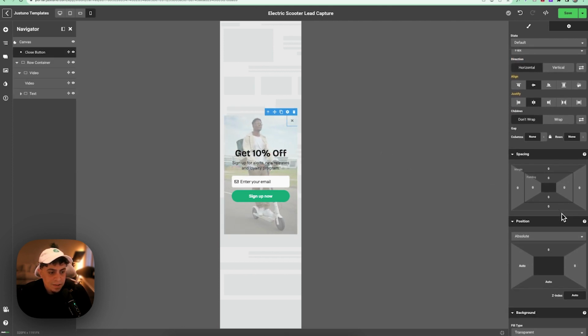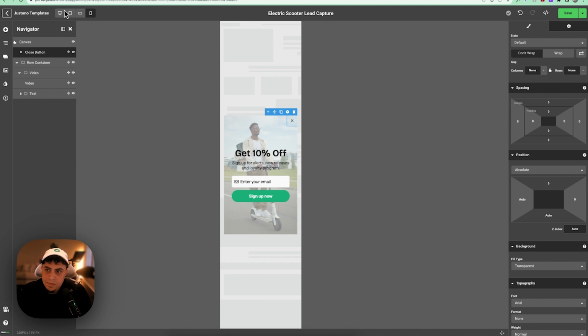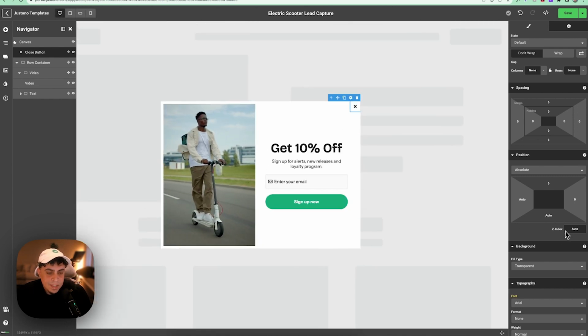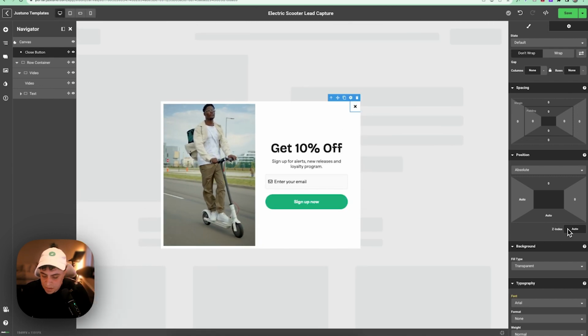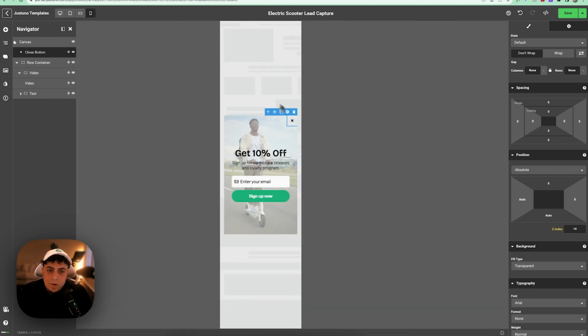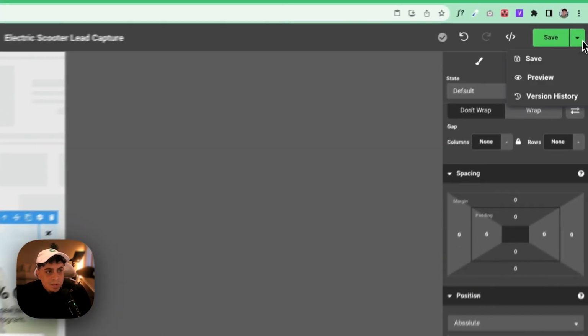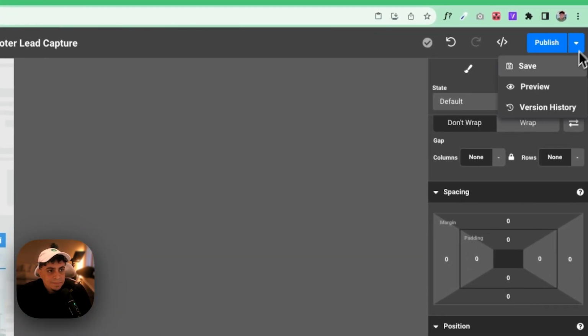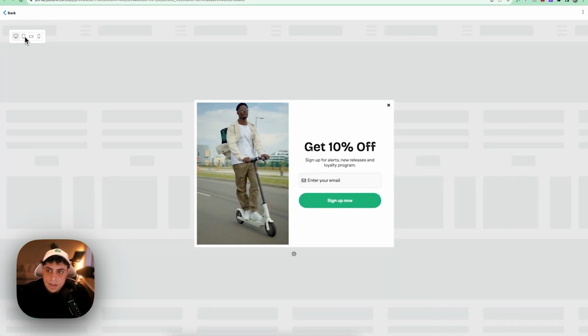One thing I forgot is to set the close button. So I'm going to go back to desktop. I'm going to set the close button to be above everything. So now, no matter where you are on this promotion, the close button, the interaction will not be blocked by any kind of layer that's taking up the whole canvas. So now what I'm going to do is I'm going to save. I'm going to preview all of my viewports, and